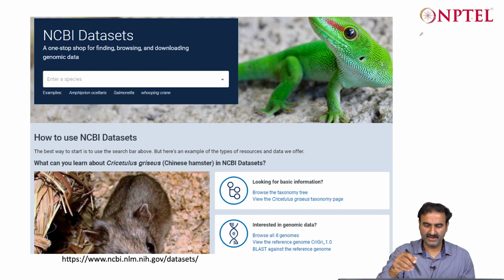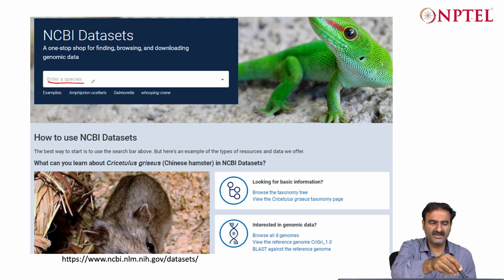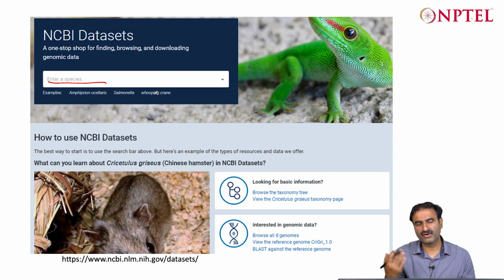For example, for genomic data, NCBI Datasets are available, where you can enter the species name here. Some examples: you can type Salmonella or human in this portion, and you can use either the common name or the scientific name. It is better to use the scientific name so that you get the specific information. Like this common name is Chinese hamster, but the scientific name is a little more extensive. So you can search here, and